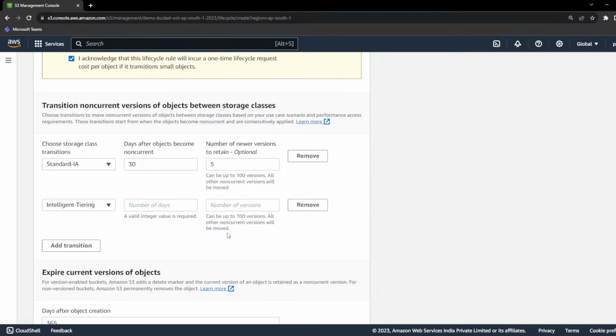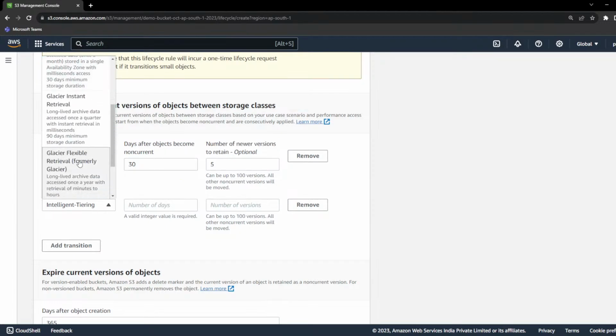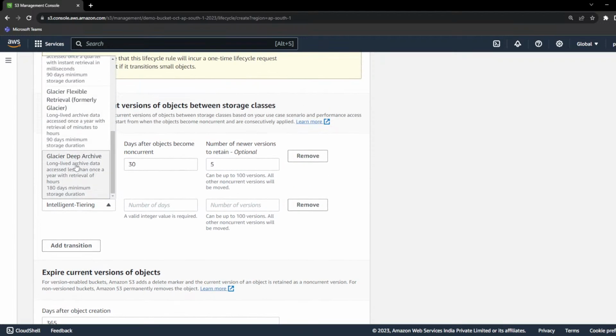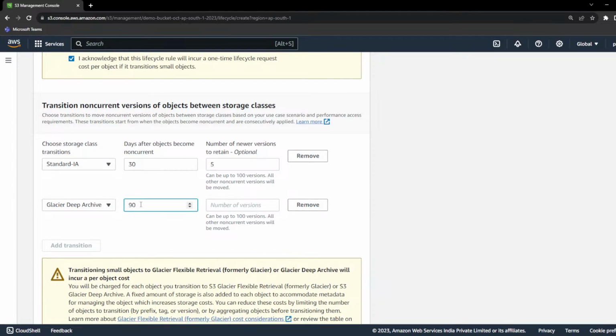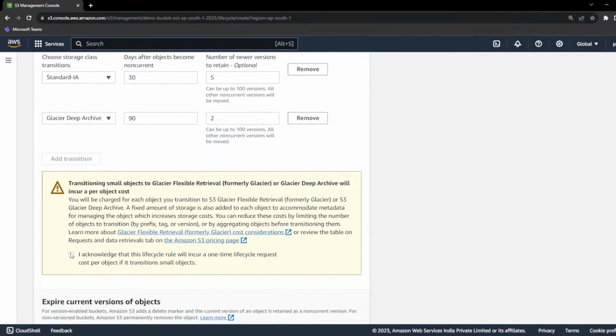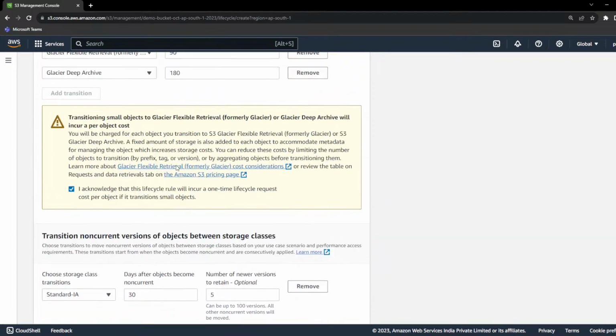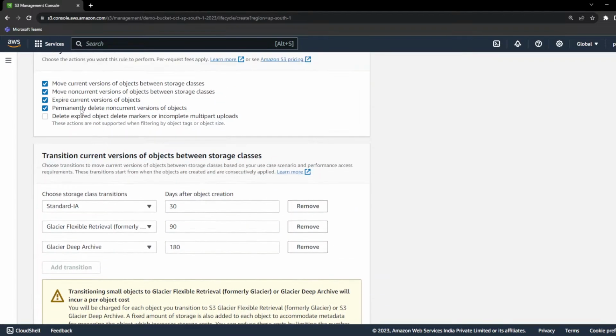If I keep on uploading the same file again and again, and the versioning is there, then that many versions will be created for that file. This option will help you to retain only the latest files. Latest 5 versions, other file versions will be deleted automatically. I don't want to preserve the other versions. Something like this you can do, right? And if you want to delete the versions,